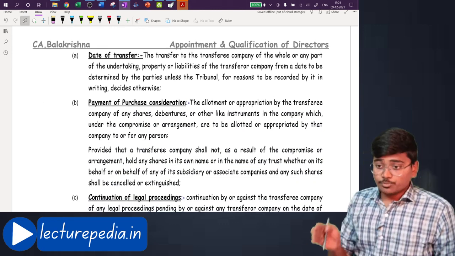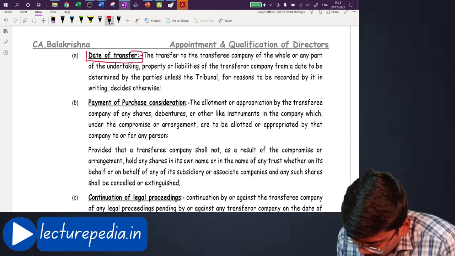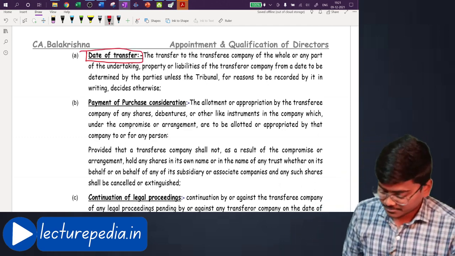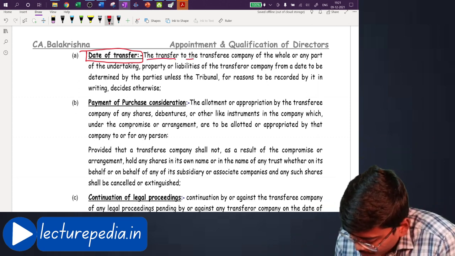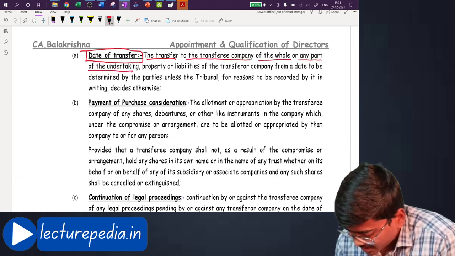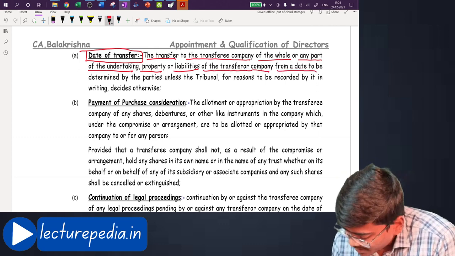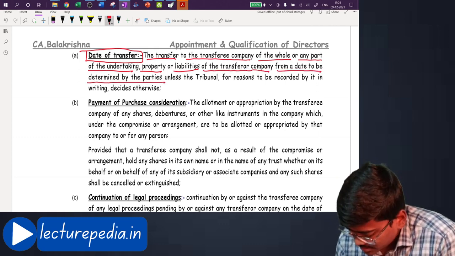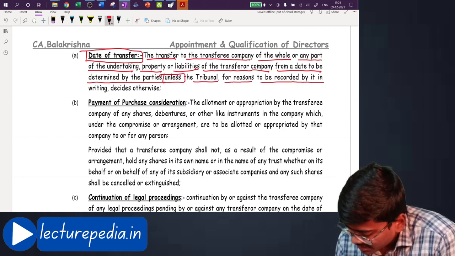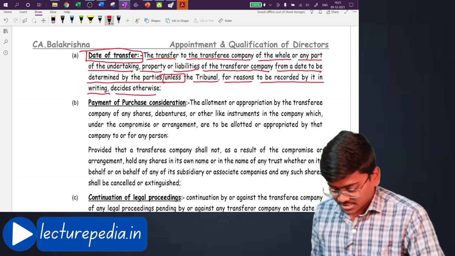First point that should be mentioned in the order given by the tribunal, that is date of transfer. Let me first read this point, after that I will explain you. The transfer to the transferee company of the whole or any part of undertaking, property, liabilities of the transferor company from a date to be determined by the parties, unless the tribunal, for reasons to be recorded by it in writing, decides otherwise. Basically what it says is that,